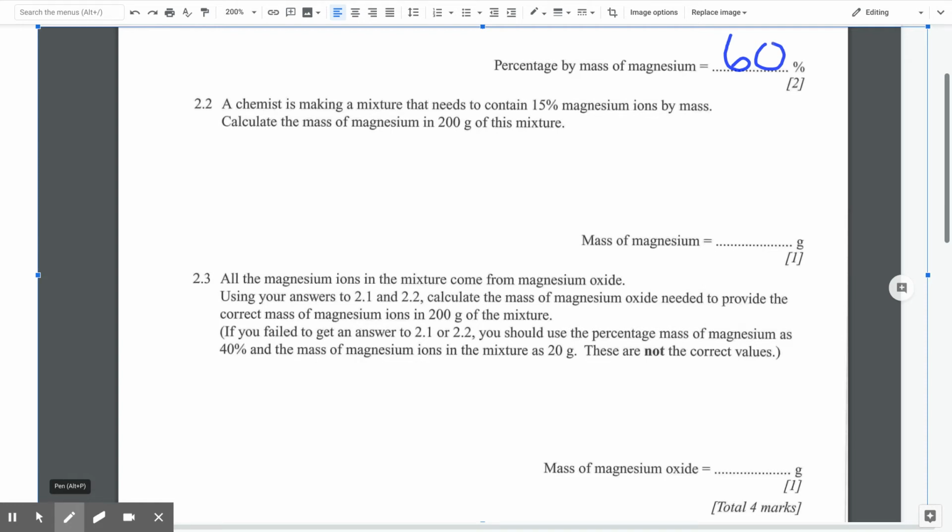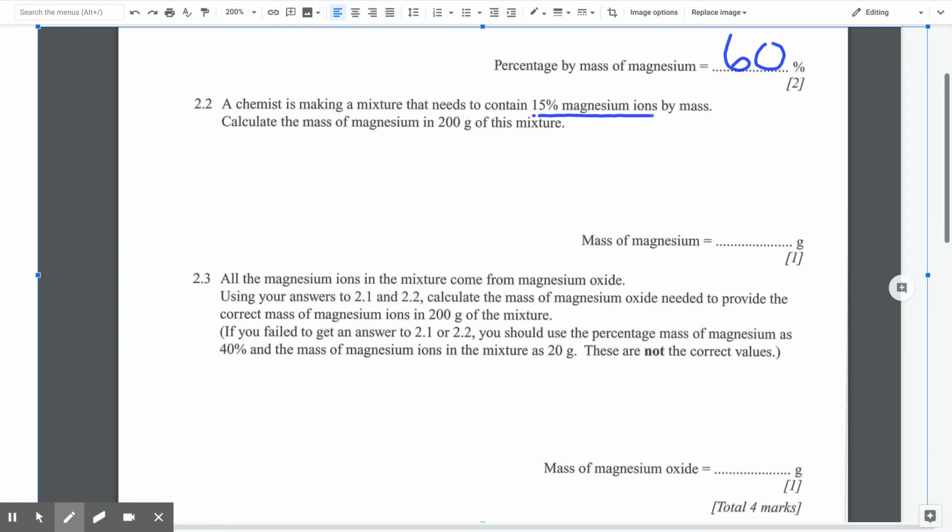Okay, so continuing on with question 2 about magnesium oxide. We just calculated the percentage by mass of magnesium in magnesium oxide is 60%. And question 2.2 is asking us to make a mixture that contains 15% of magnesium ions by mass. So what that's saying is if I have a certain amount of a mixture, 15% of it is going to